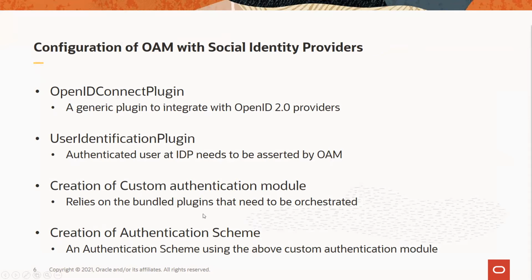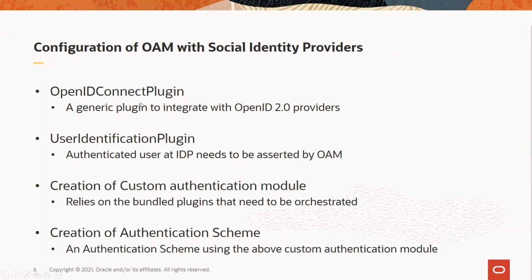And of course, we need an authentication scheme with this authentication module to be associated with the protected resource in the process of this authentication flow, which we have seen in the earlier slide. Now let's look into the functionality of each of these components.